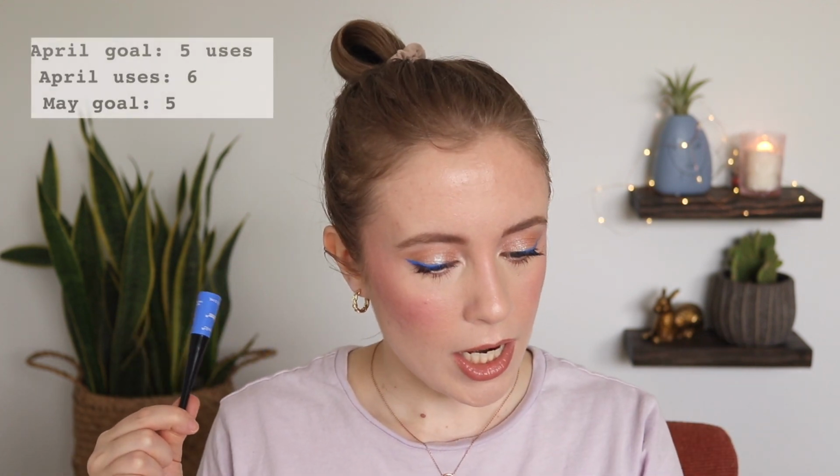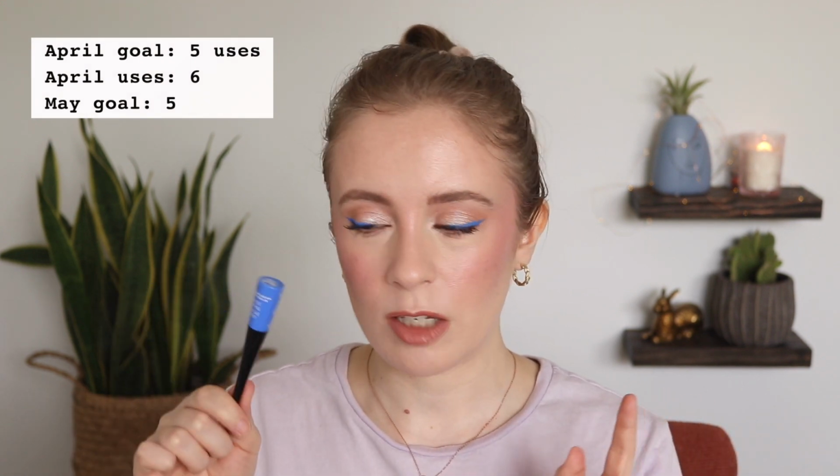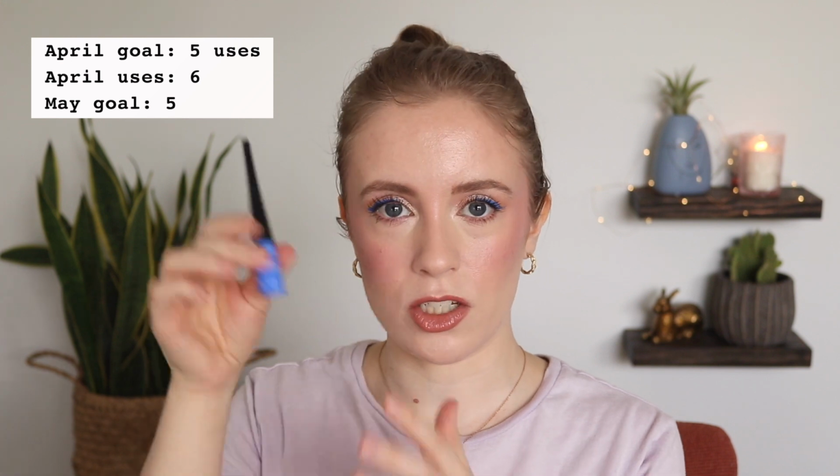I used it 6 times in April. My goal is 5 times, and also 6 times in March. So just gonna keep going with this. There's no way to measure the progress on this, so really just measuring my progress in number of uses, which I'm perfectly fine with. I do feel like it's maybe starting to run out, or at least dry out. At some point this year, I'll probably finish it and then, you know, move on, but